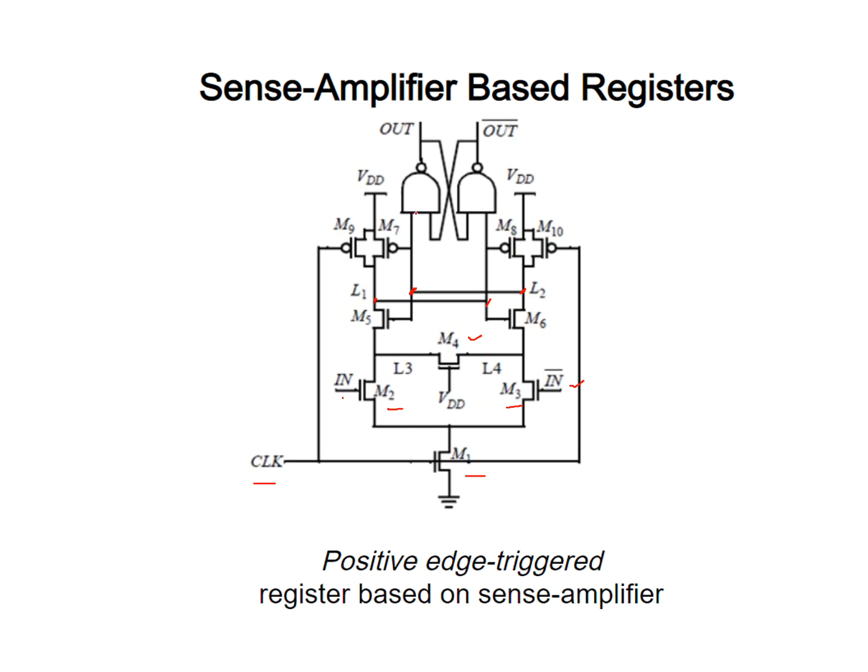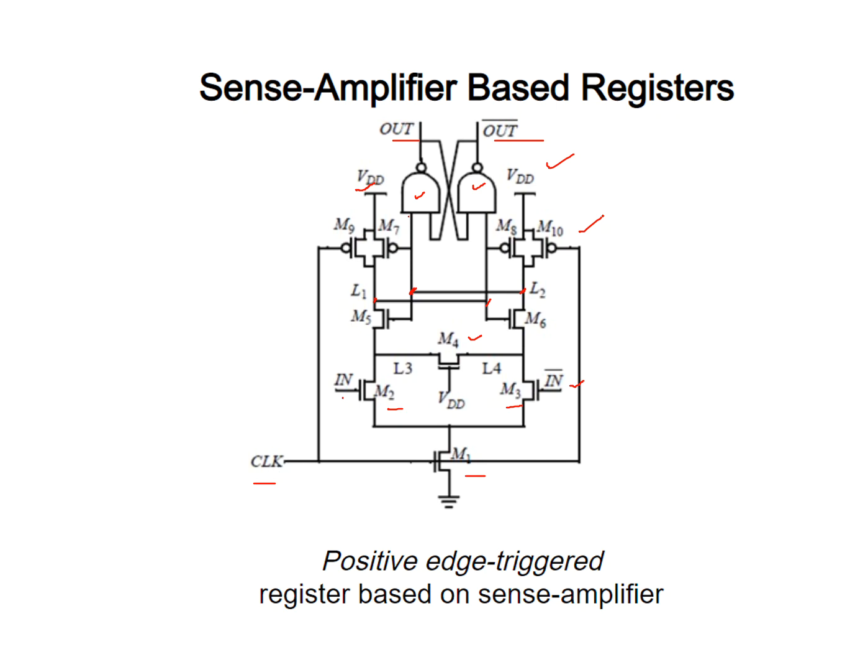This is connected to a NAND gate that is connected back to back. This is connected to one of the inputs of the NAND gate, and similarly the M6, M8 node is connected to one of the inputs of the other NAND gate, and we are getting the outputs as out and out bar. For M7 and M8 we are giving VDD, and we are using one more transistor for clock controlling, M9, and for this side M10. So in total we are using 10 transistors.